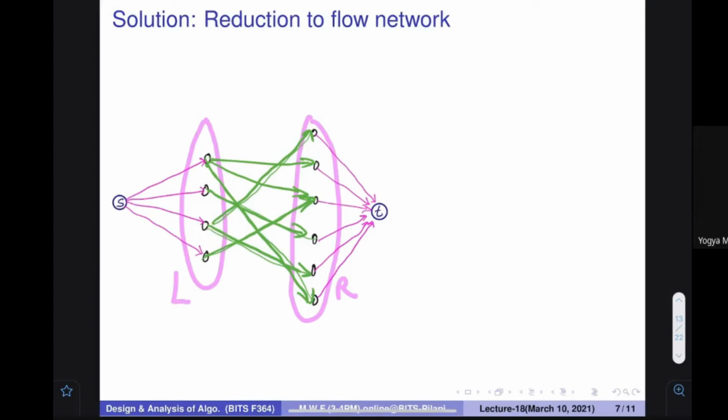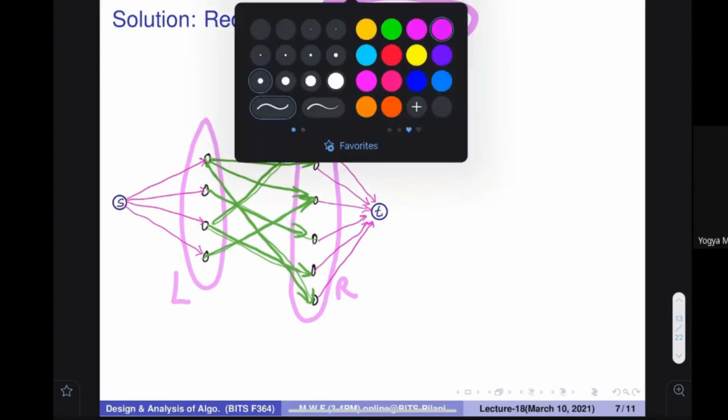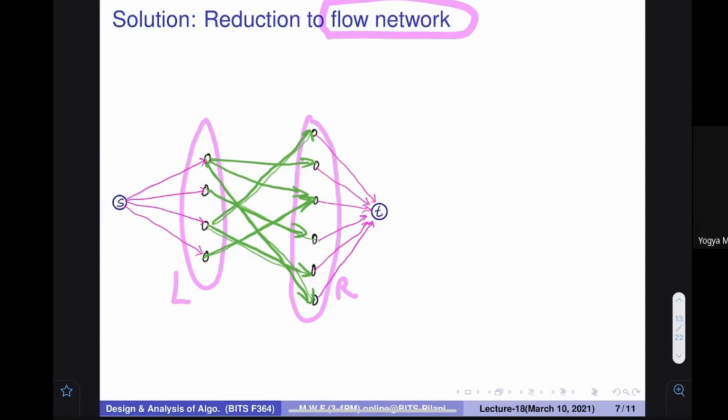Now I wanted to tell you that if you come up with any kind of flow, what kind of flow it would be. Just try to visualize this, then things would be clear. So from S, something is coming to this particular node. Since the capacity is one, only one thing would come. It has to leave because it cannot stop over here because of the regularity condition. It will have to go somewhere. Three choices you have, three places it can go.